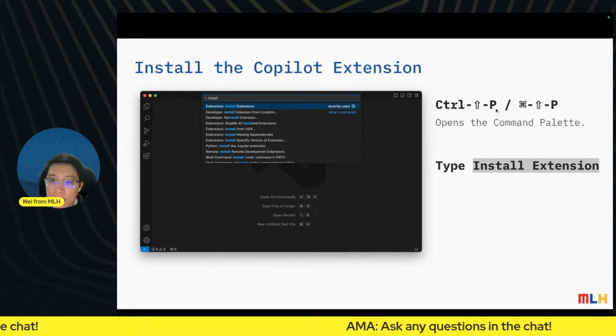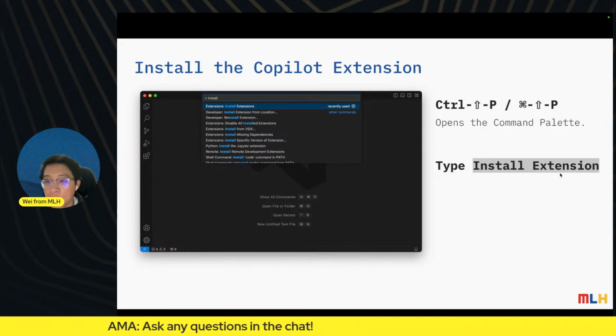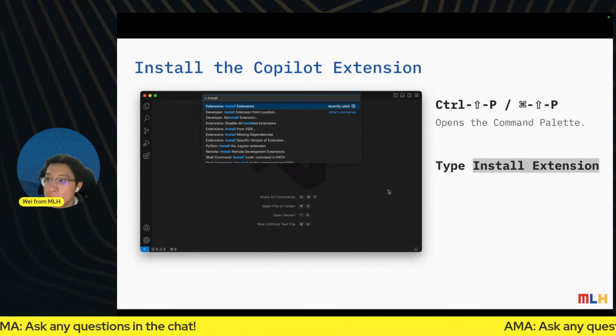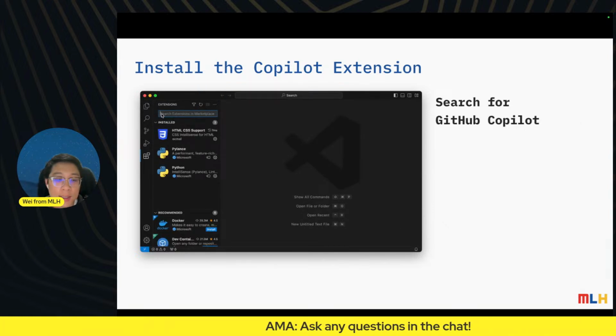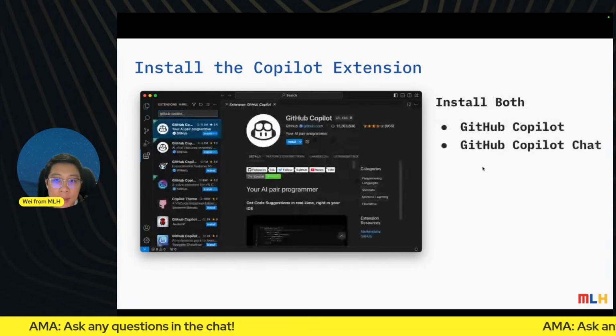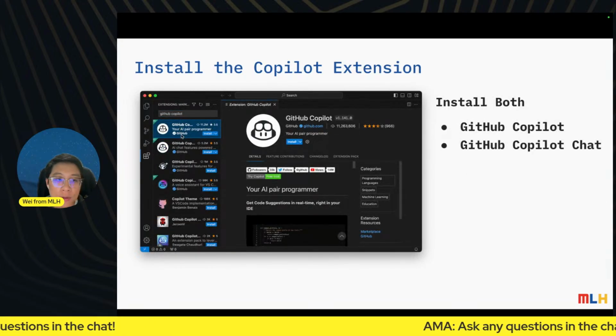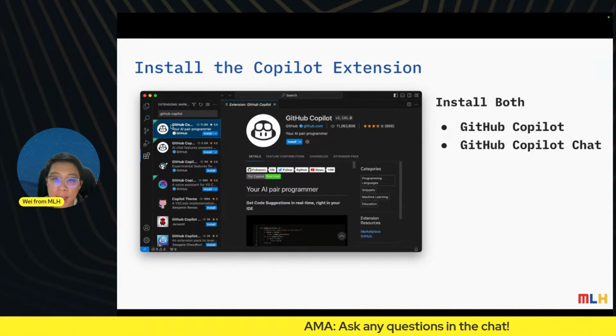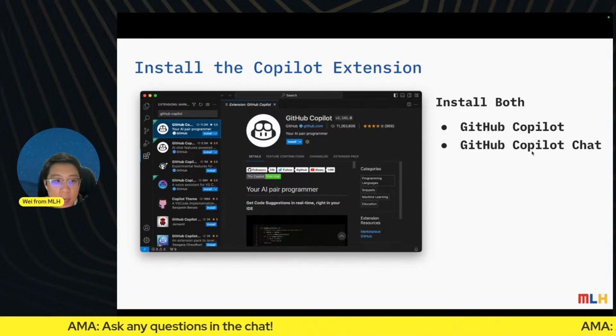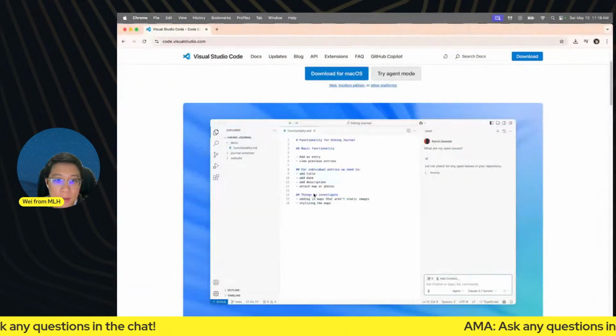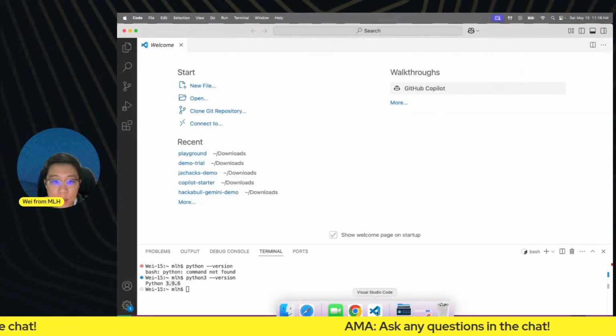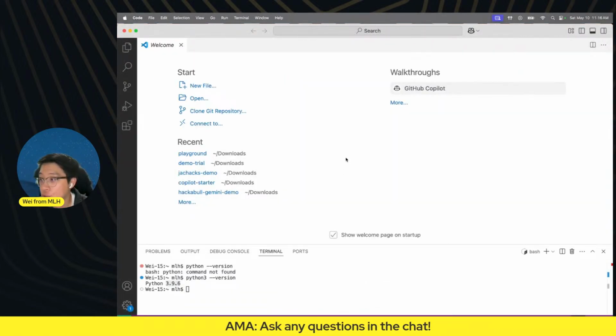Once you press Control-Shift-P or Command-Shift-P on macOS, you can type "install extension," just like that. That will take you to the extensions panel, from which you will search for GitHub Copilot, and you will see both of them here: GitHub Copilot and GitHub Copilot Chat. I believe all you have to do is install the first one and the chat will automatically be included. So let's take a quick look and do it together. Let's go to Visual Studio Code, Command-Shift-P.